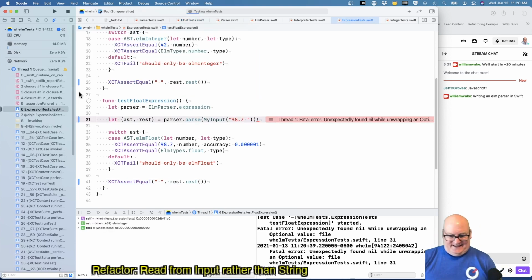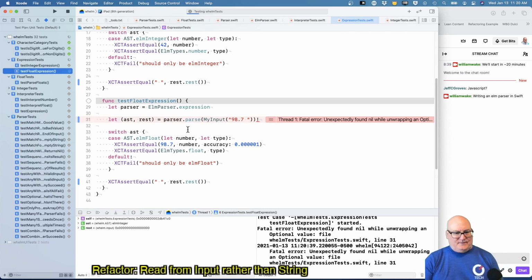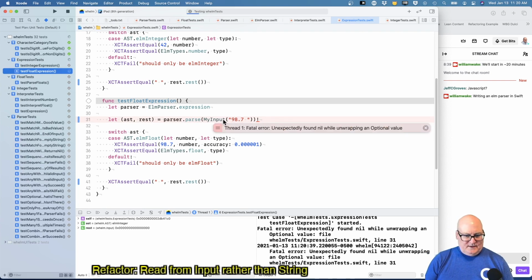Okay. Is this the first test or the last test? Parser.parse of my input of 98.7